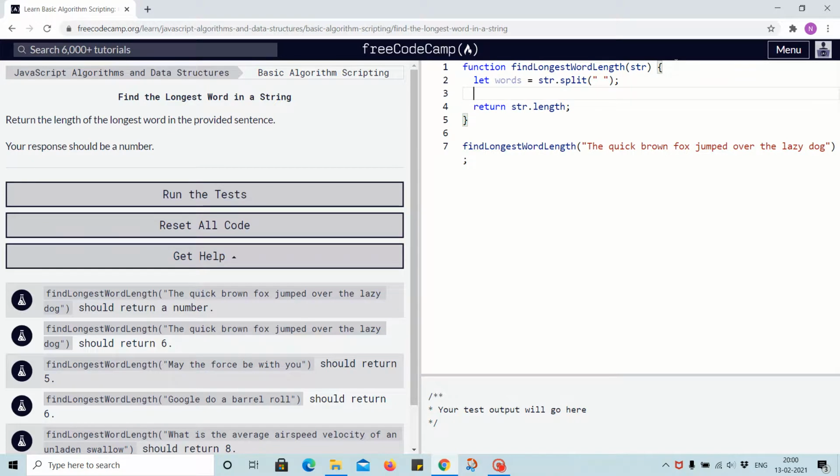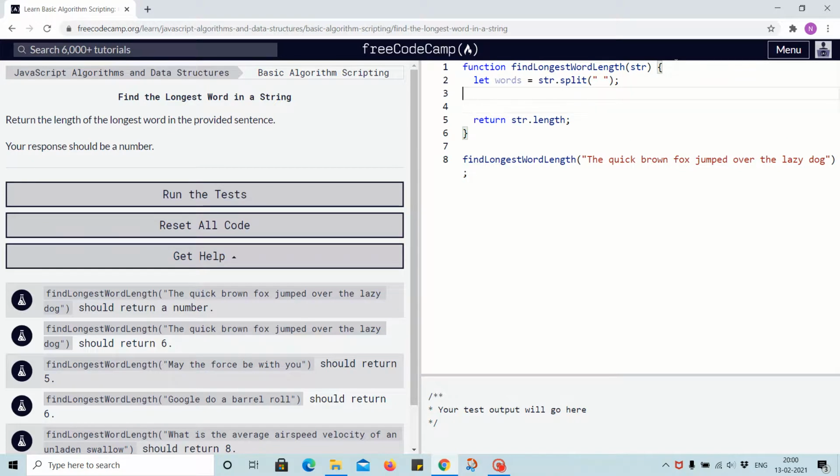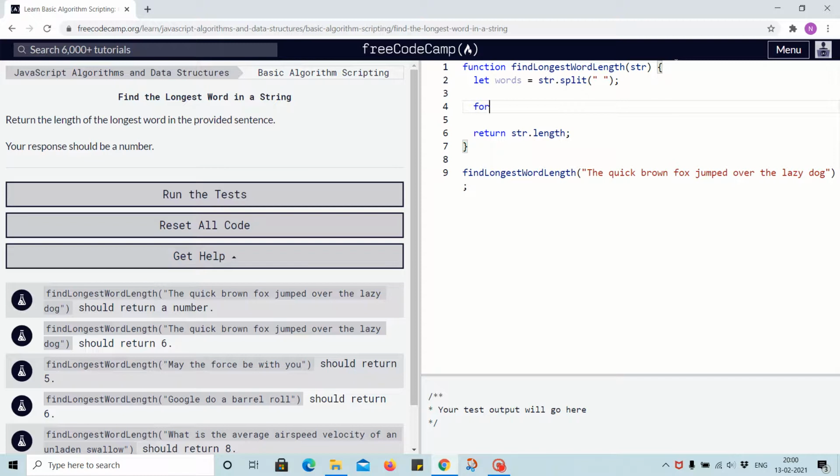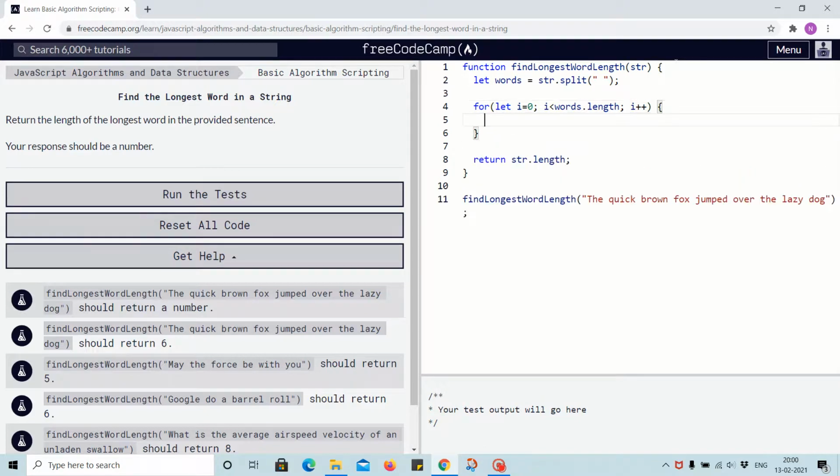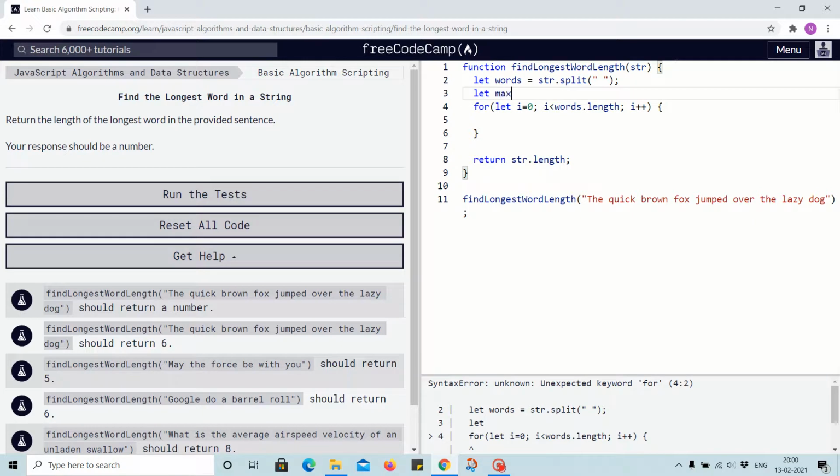Now we should run a loop: for let i equal to 0, i less than words dot length, i plus plus. And in the loop we will be using, let's declare another variable max which should be equal to an initial value of 0, and in this case